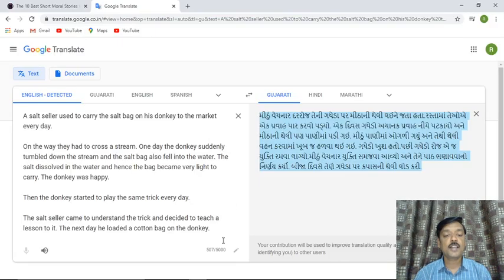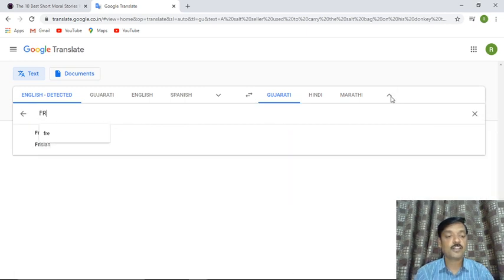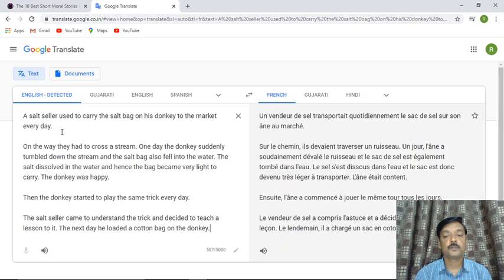As far as Google Translate is concerned, it has a limit of 5,000 words. So you can place 5,000 words under this tool, and easily make a translation of that. It is not the case that you can choose only Indian languages. You can choose languages like French. Okay, I have chosen French, and you can listen to that French language.